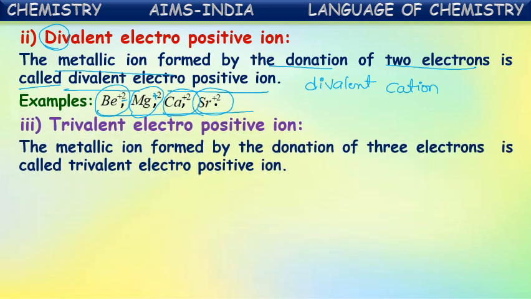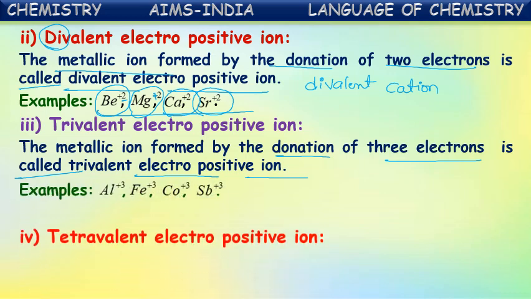Trivalent electropositive ion, a simple metallic ion formed by the donation of 3 electrons, guys. Whether it loses, donates, or has electrons removed, everything has the same meaning. It is losing 3 electrons, or donating 3 electrons, or 3 electrons are removed. Everything becomes a cation. So donation of 3 electrons gives a trivalent electropositive ion. The examples for this trivalent electropositive ion are: